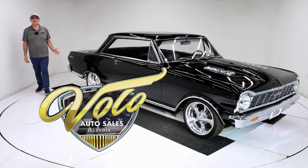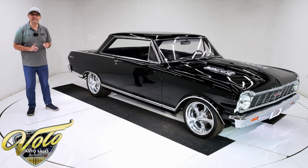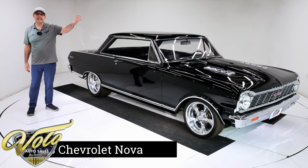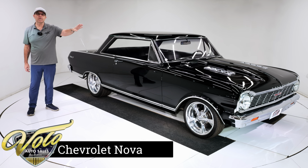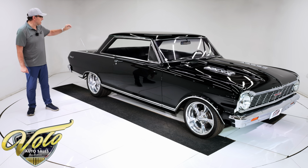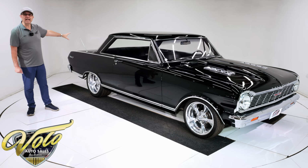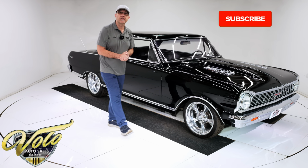We have a bad boy here. It's a 1965 Chevy Nova SS, a true SS. And it's under the hood. It has a 383 stroker motor making 435 horsepower, and it's a GM crate engine. Overdrive trans. It has a heavy-duty 9-inch posi rear end in it, upgraded suspension, rack and pinion, all sorts of